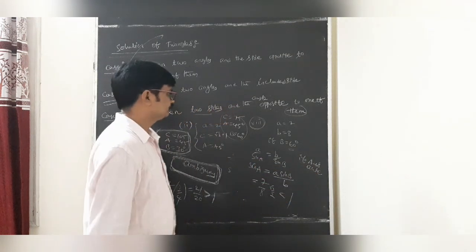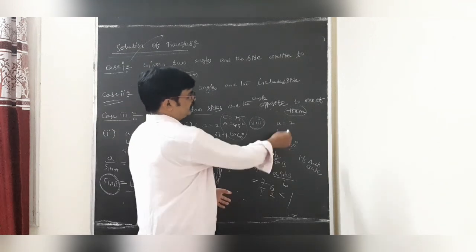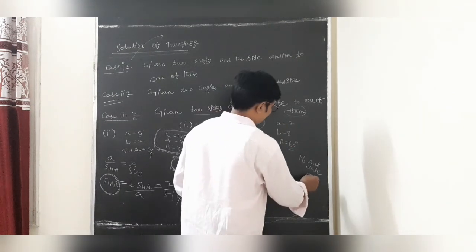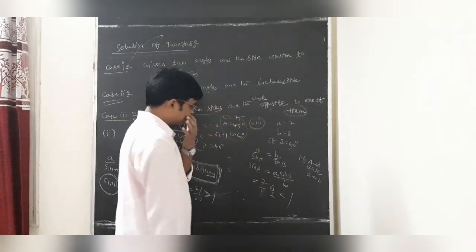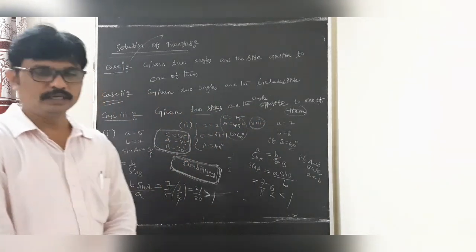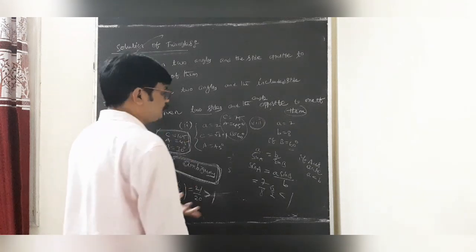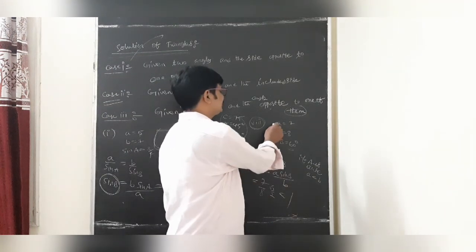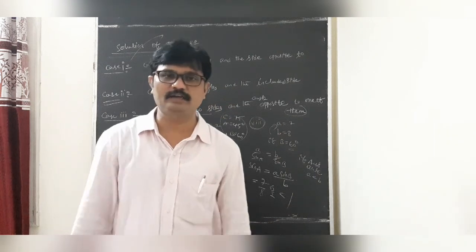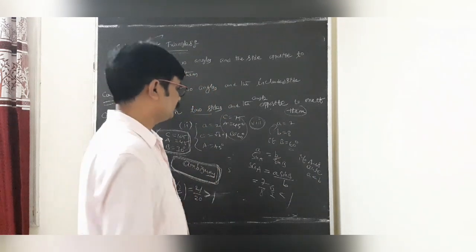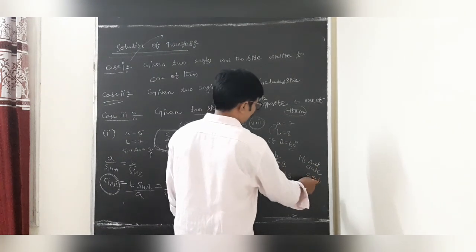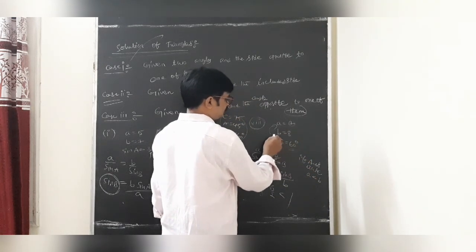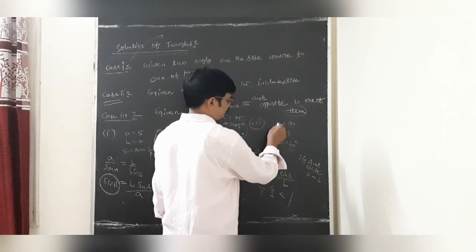If A is acute, that is no problem. A is acute, and 7 is less than 8, A less than B. There exists one triangle. My dear students, when A is obtuse, and B is greater than 8, there is no triangle possible. Is it clear, students? What do we observe? A is acute, and undoubtedly here 7 is less than 8. Undoubtedly, students, B is bigger when you compare this.